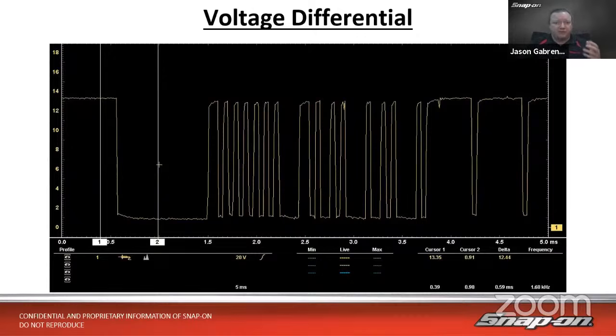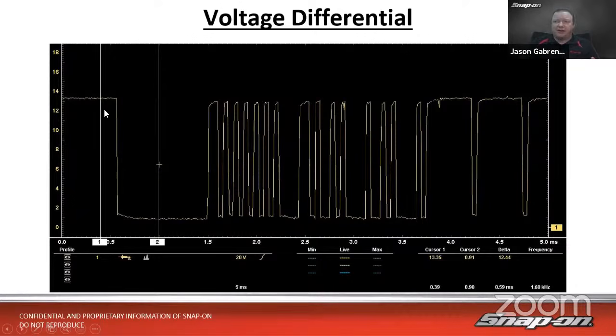But the voltage differential on this LIN bus should be around about 12 volts because LIN bus uses a 12-volt differential. So we'll see at the high side here, and all it is just a square wave, right? It makes different varying lengths of time on a square wave, and this represents the different bits and bytes of data that go back and forth between a computer. So this one's normally on the high side, and then it pulls down to ground in order to communicate and send